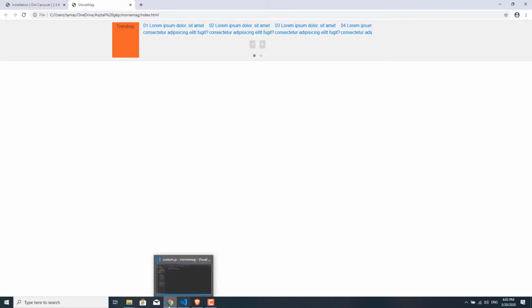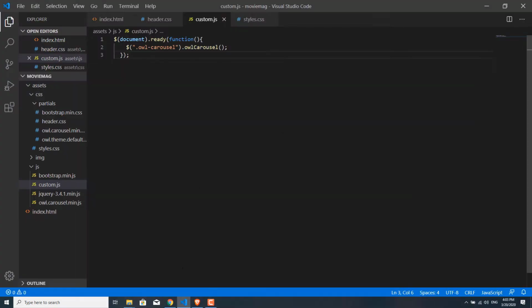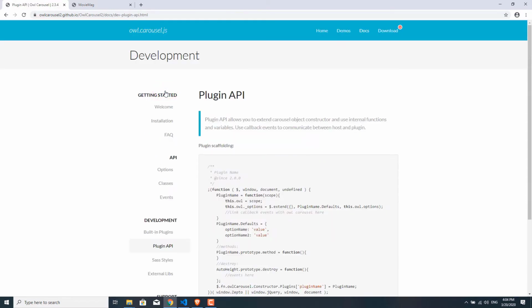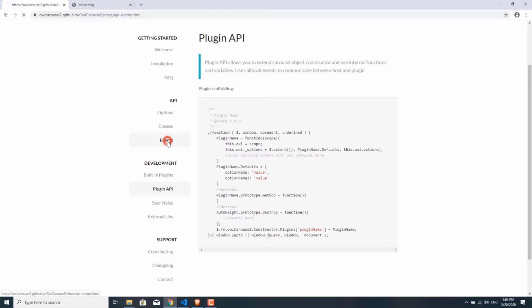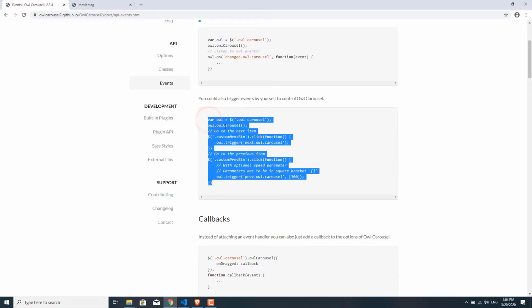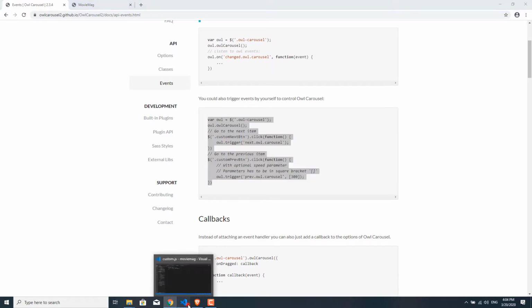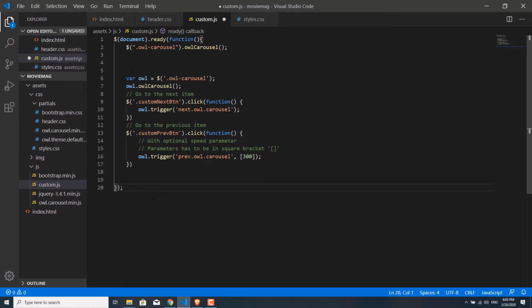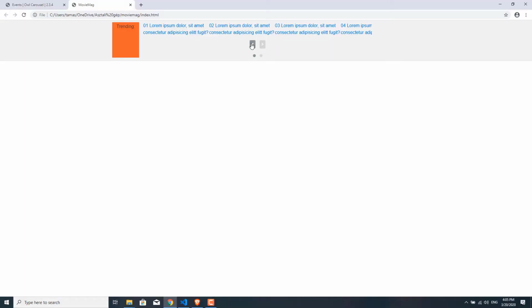We also need to add some more JavaScript code. So if we go back here and we go to the API events part, we are going to need this code. So just copy this and go back to our custom.js file and just add this here. So we need this because we need to activate the navigation. So we need to activate these navigation buttons, and we can do that by